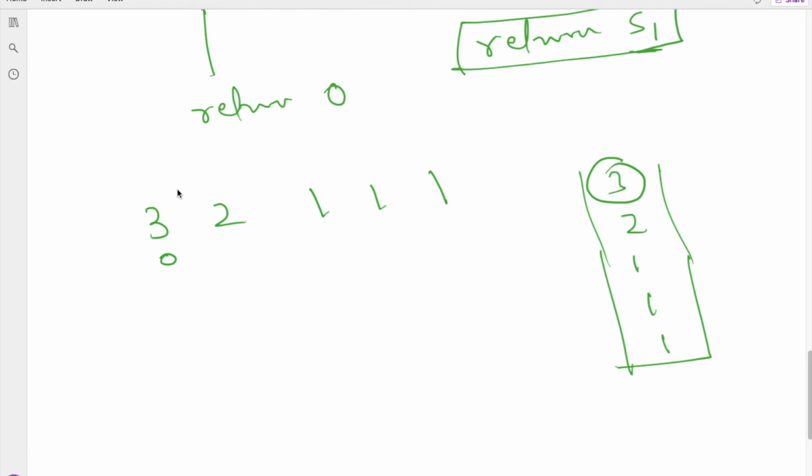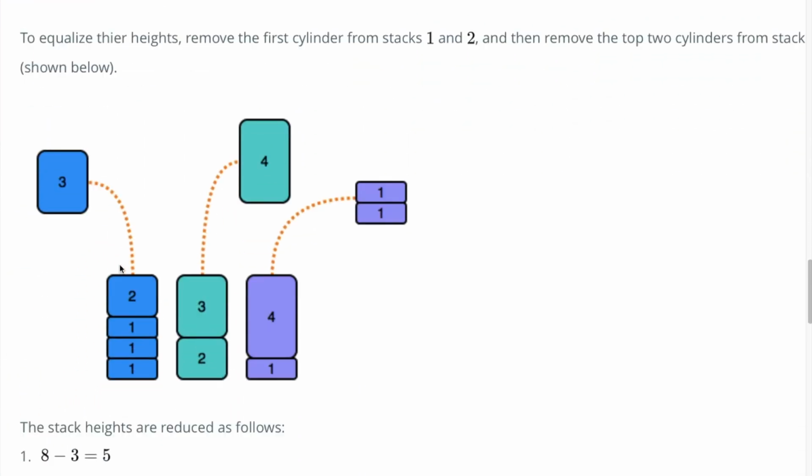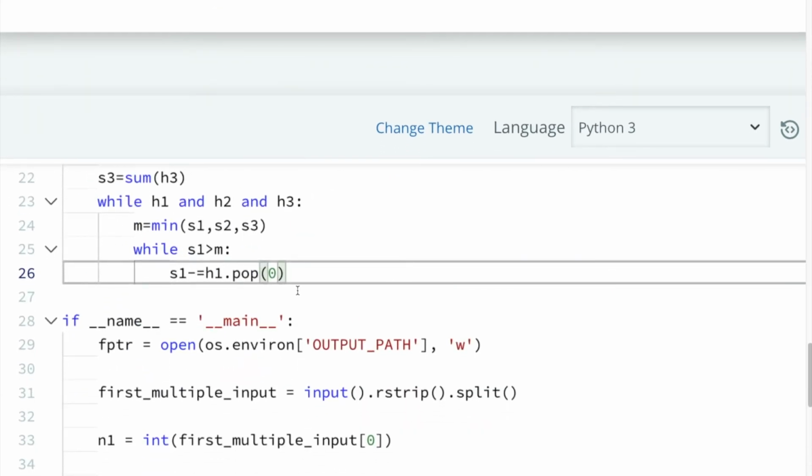If this is removed, then we are left with this many elements, and the next time we remove an element, again we have to remove the 0th index element. So according to this problem, we have to remove the 0th index element first, so we have to pop the value at index 0.